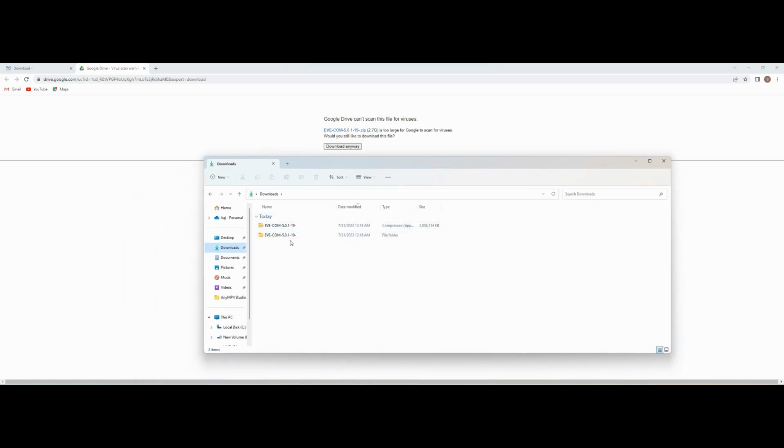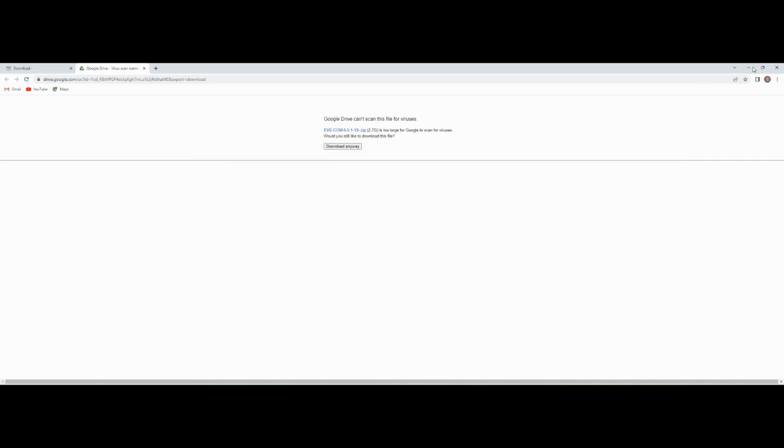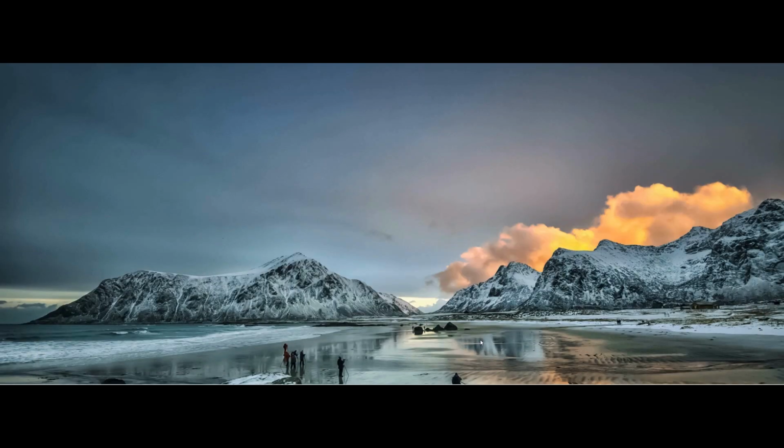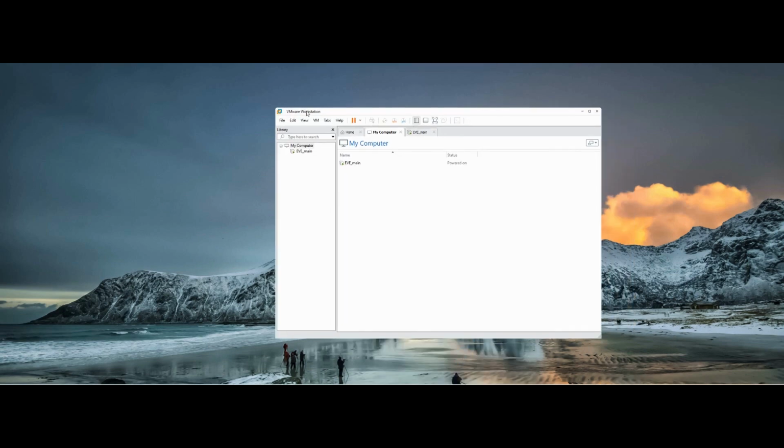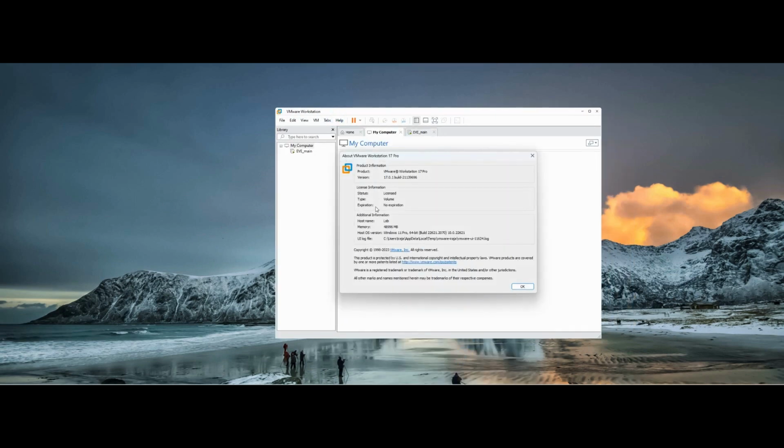You can see this is a zip file, and after downloading you need to unzip that, and when you unzip that, there are 3 files here. To bring this into the virtual machine, let's go to our virtual machine. Here I'm using VMware Workstation Pro, and I believe it's version 17. Yes, it's version 17,